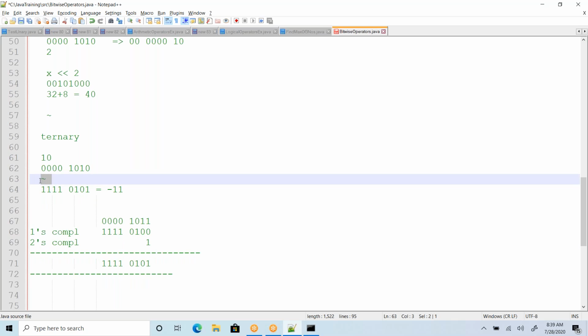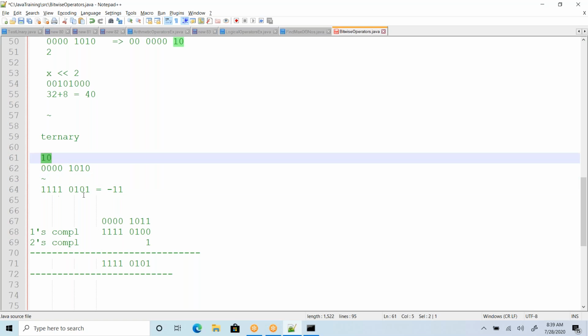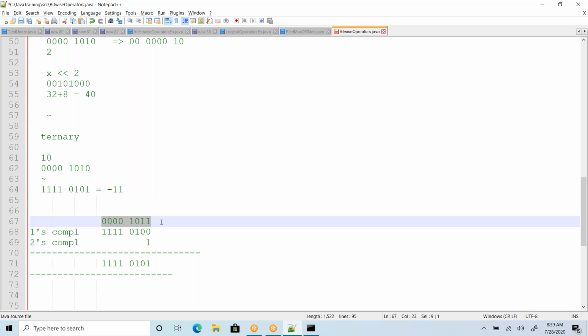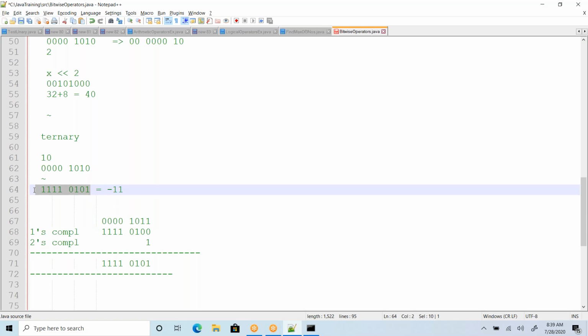So if you apply this tilde operator on 10, you are going to get minus 11, a negative value. We don't have a direct way to store negative values in the memory. So 11's 2's complement is a negative value, and if you calculate 11's 2's complement, you get the same thing.